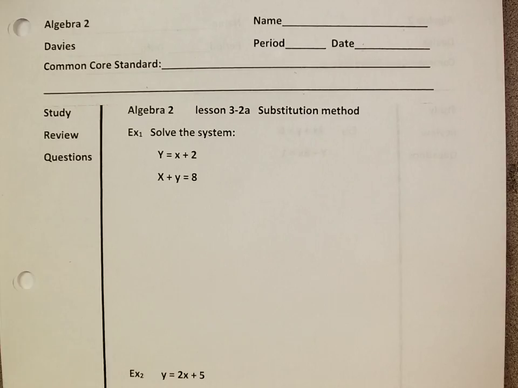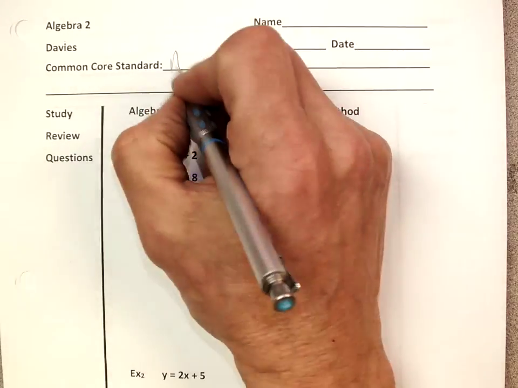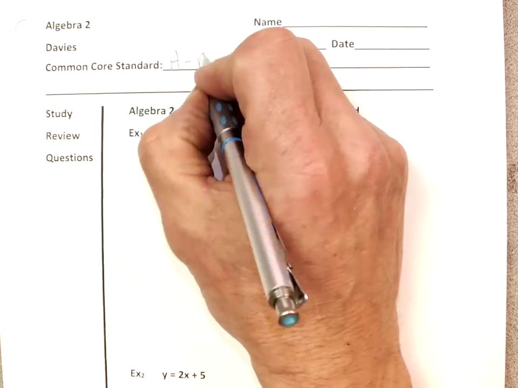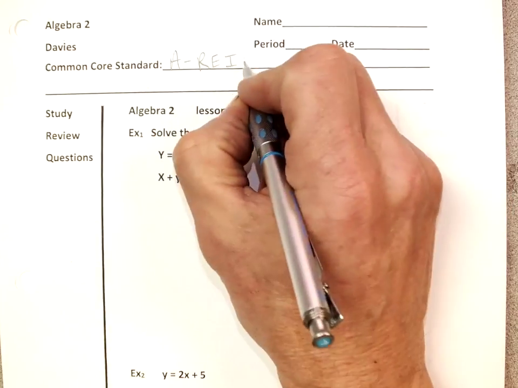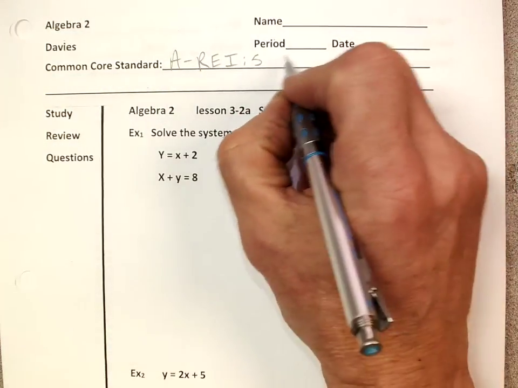So first of all, the Common Core. It really is Algebra A, REI reasoning, okay? And then it's part 5, and it says this: given